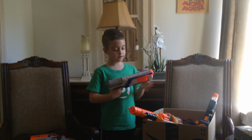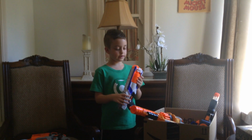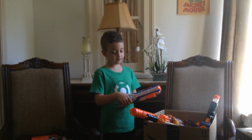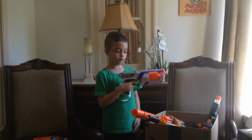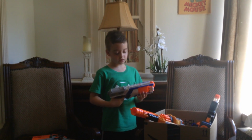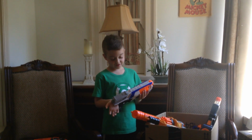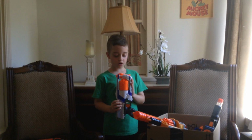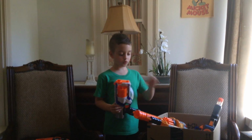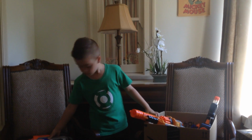Next is the Strongarm. It shoots Elite darts, and it's an Elite gun, and I like it because you can do this. And it's just pretty cool because it hurts, and it has 6 holders for the darts, and yeah. So,